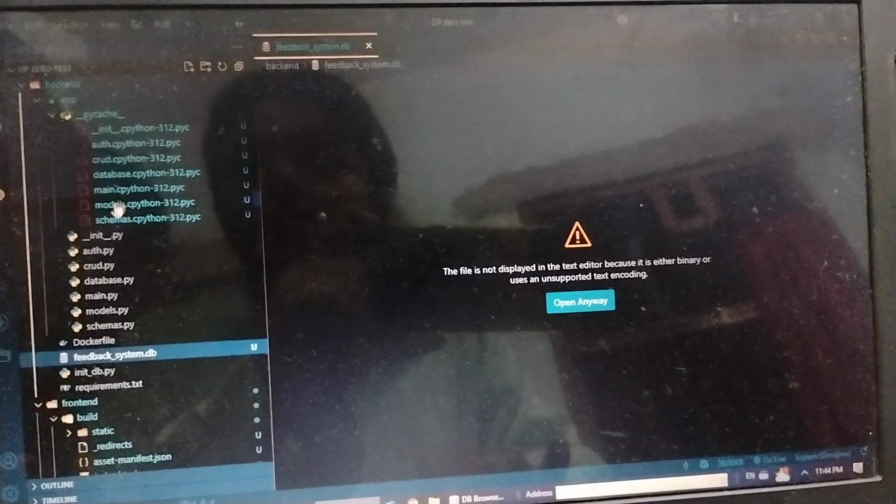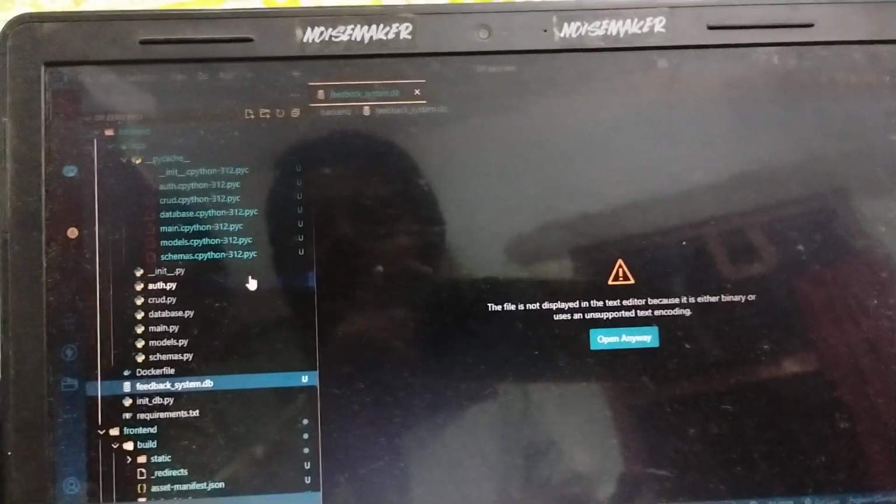And here you can see lots of files like auth.py, crud.py, database.py, main.py, models.py. So these all are responsible for creating our back end. This is the Dockerfile, and let's deep dive into this code, the components. In auth.py